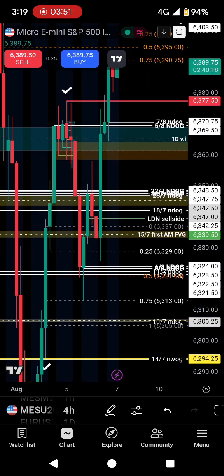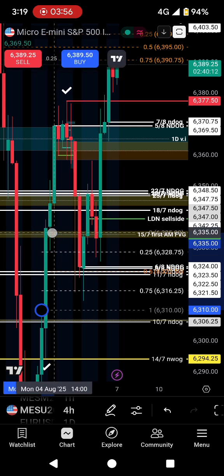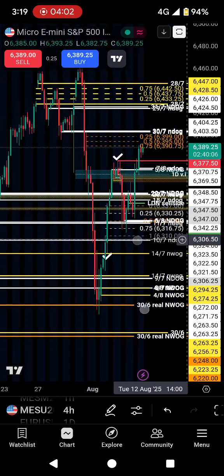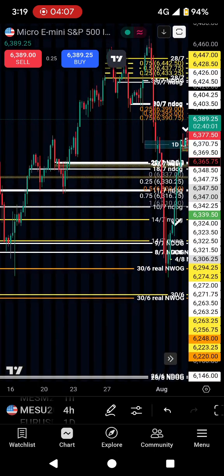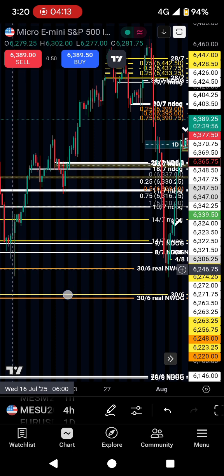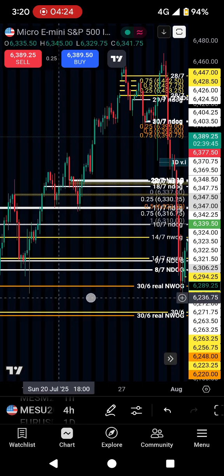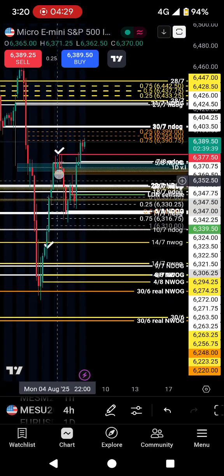Okay, looks like in the 4 hour we have a BC. Let's draw the 4 hour BC here. Okay, so this is the 4 hour BC. We can see if we scroll to left here. Okay, what happened is that we cleared sell side here, so the low here comes at 6240.75, and the low here comes at 6239.5. Okay, so we cleared sell side here, and then we managed to trade through the CVs like gangbusters, traded